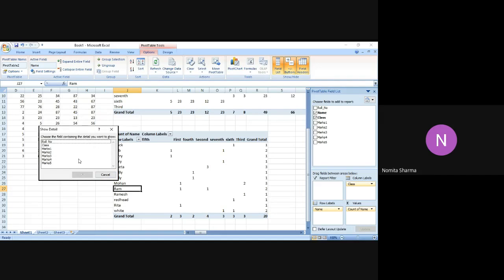What I did, I selected the expand entire table, and it has given me this window which is asking me to choose the field containing the detail you want to show. So even in the pivot table, it is actually showing all the details. In the pivot table also, it will give me a further option of hiding the data or selecting the data as per my choice. So if I just want to have, say, roll number,